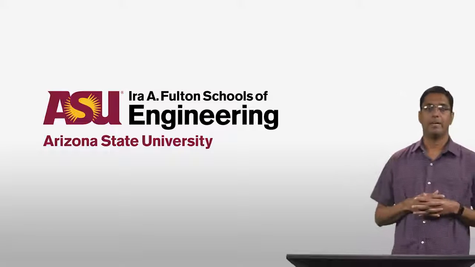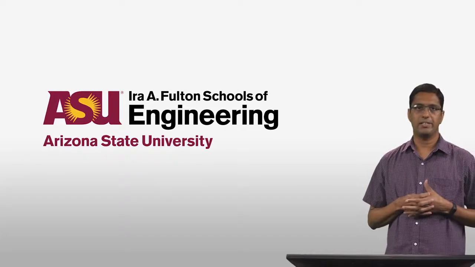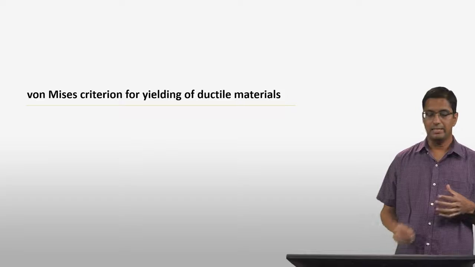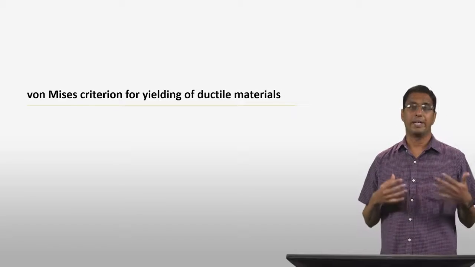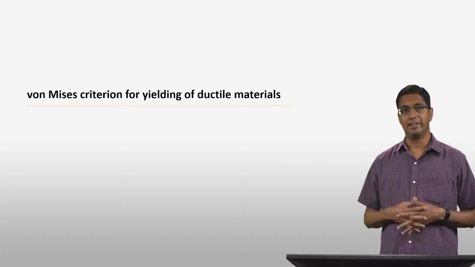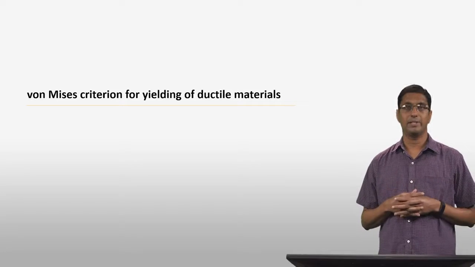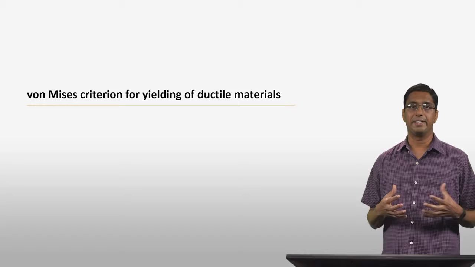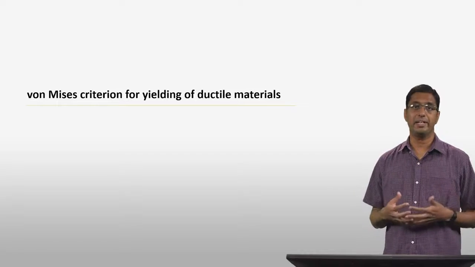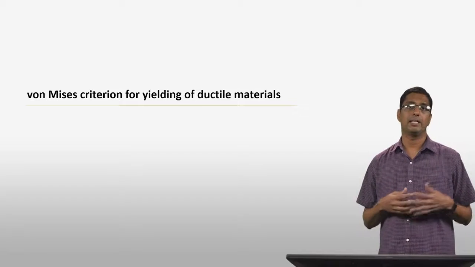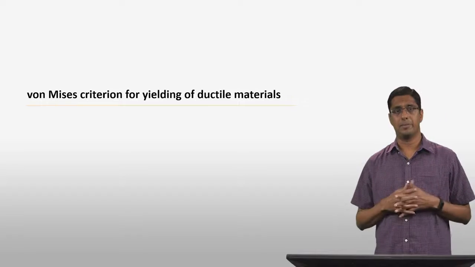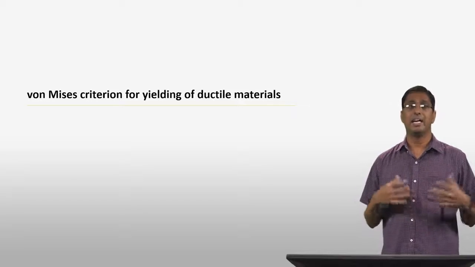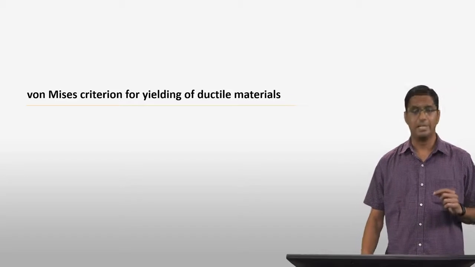Hello everyone, welcome back. In today's lecture, we are going to look at the second criterion that we use for figuring out whether a ductile material will yield or not. In the last lecture, we looked at the Tresca criterion, or the maximum shear stress criterion. In this one, we are going to look at what is called the von Mises criterion. It is a little bit different from the Tresca criterion, and we will look at how these two criteria are